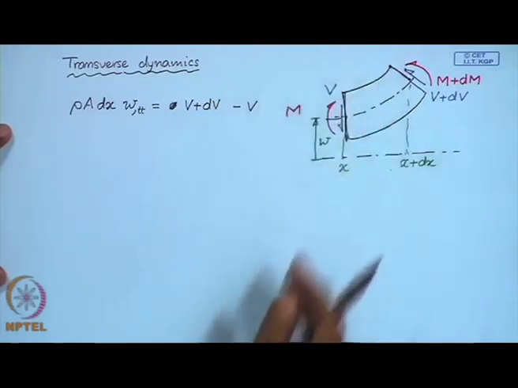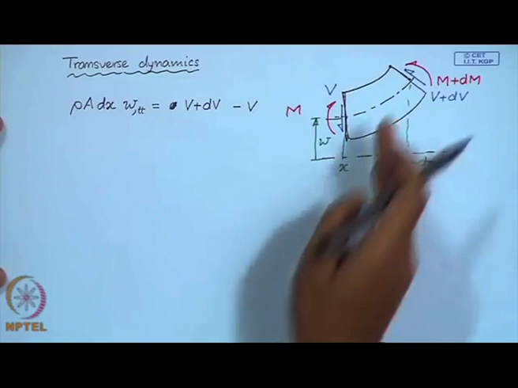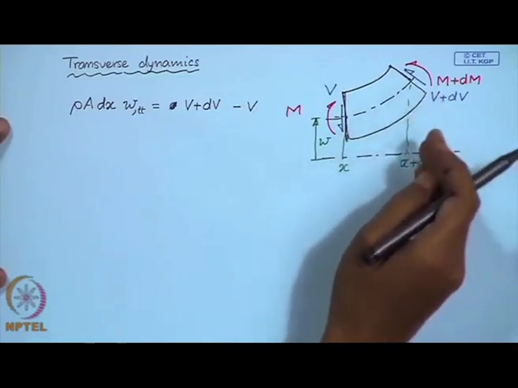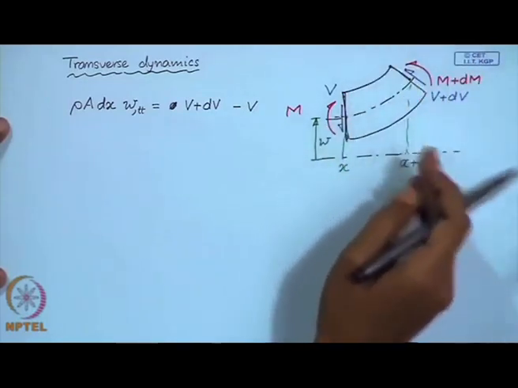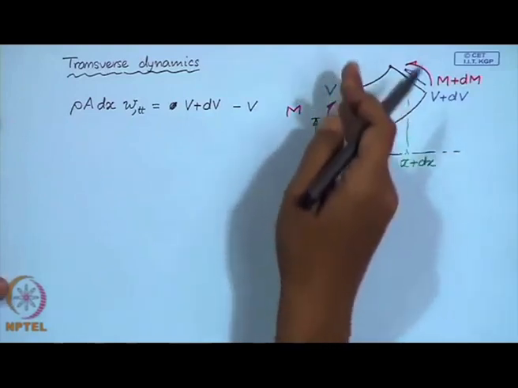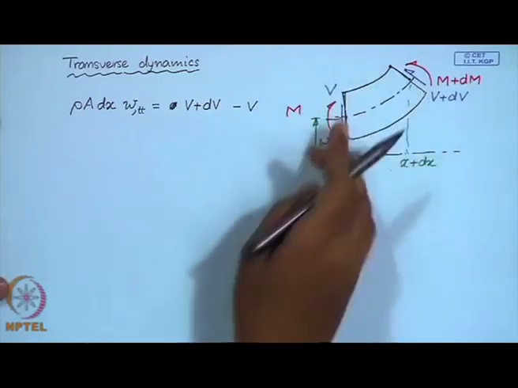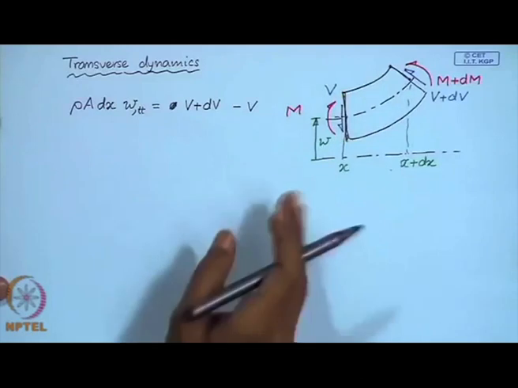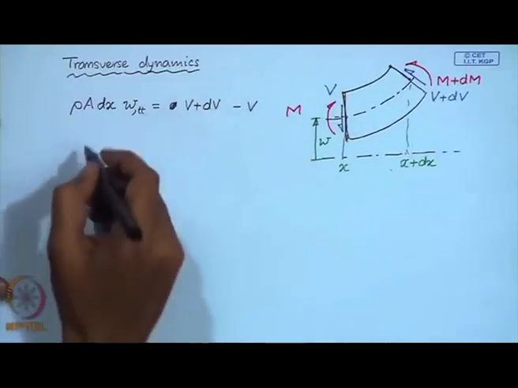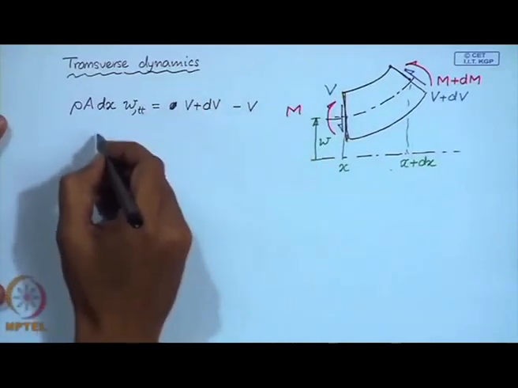so the forces in the transverse direction. So, V plus dV cosine of this angle, so that is approximately 1, minus V times cosine of this angle, which is also very small. So, this is what we have. So, dividing throughout by dx,